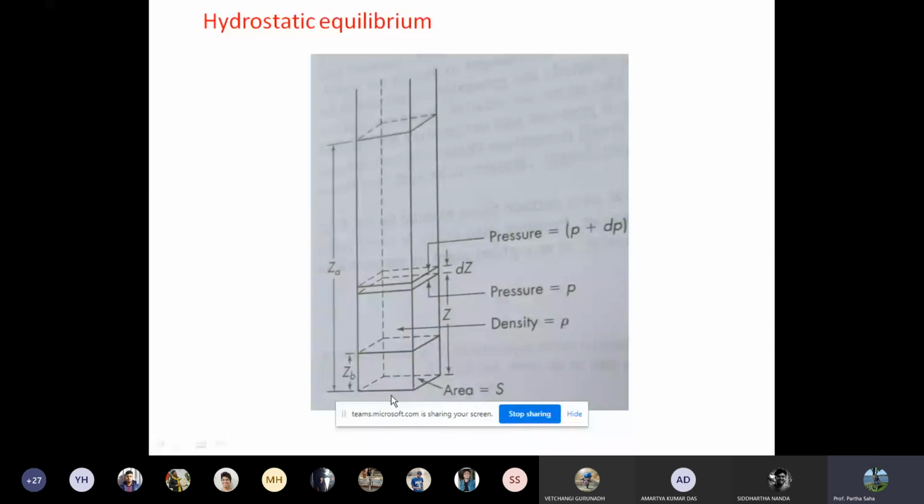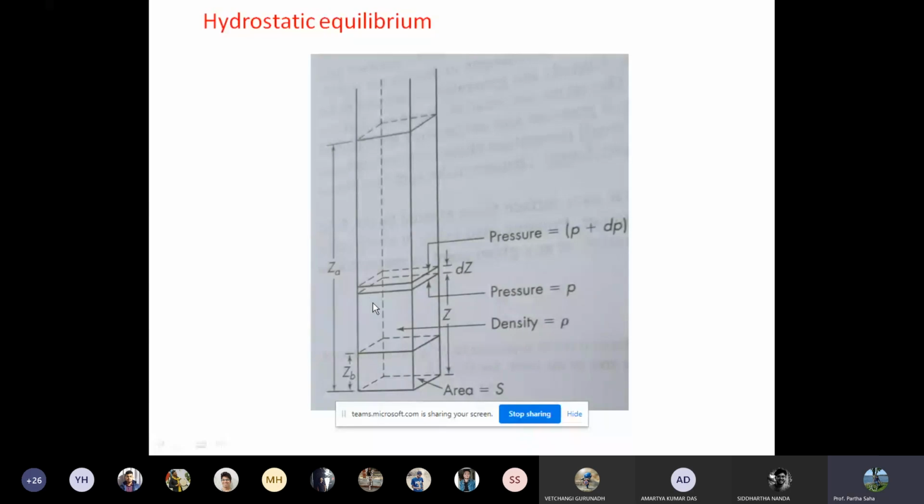This is my liquid column, which is parallel to the surface at a height. The bottom plane from the surface is at a height ZB and the top plane at a height of ZA. At a very minimum distance along the Z height, let us assume that is dz. How does that liquid column remain stationary? If you assume that the liquid column remains stationary, there must be some force balance happening on it, right?